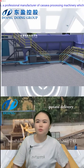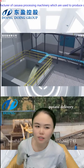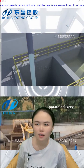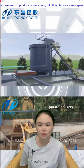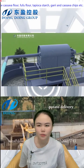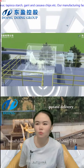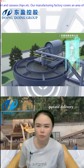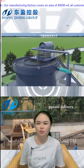Now this video shows you the water collection. The processed water will be collected into a pool and then discharged to the outside. This processed water can be recycled. After processing, this water can be reused in the cleaning section to wash potatoes again. As you can see, the wastewater will be saved firstly and then drop down, and after this machine the water will be